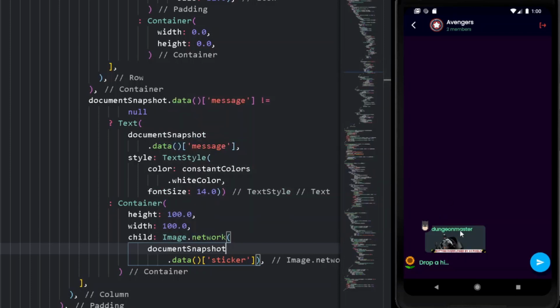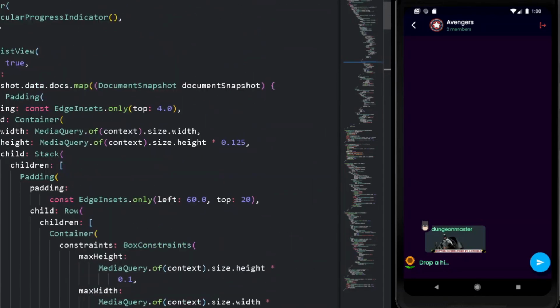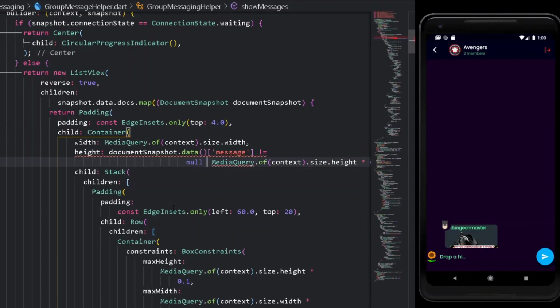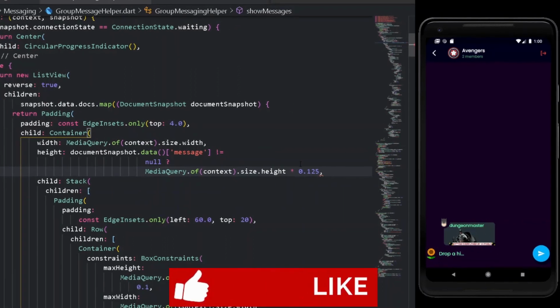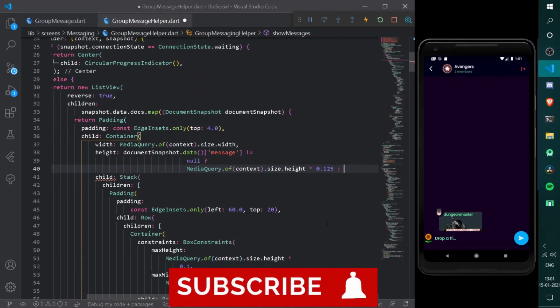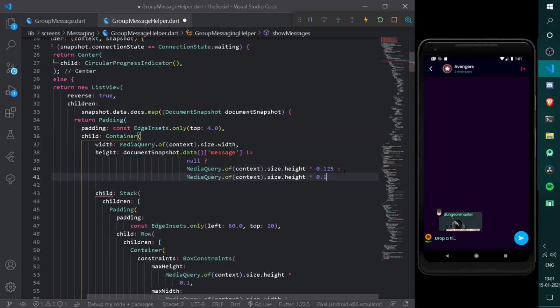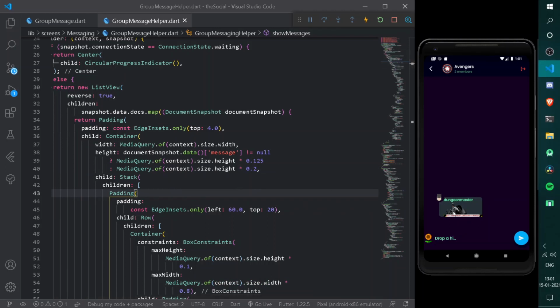So now we need to simply expand the following container on the basis of the condition of whether the message is null or not. So for that purpose, first of all, let's go at the top of our entire container, and here we have our entire height. So here first of all, let's have our condition. If the following message is not equal to null, we shall be having this much height. Else we can simply copy the following statement, paste it here, and here let's have somewhat bigger height. Let's test it out. Format document once. Easy.